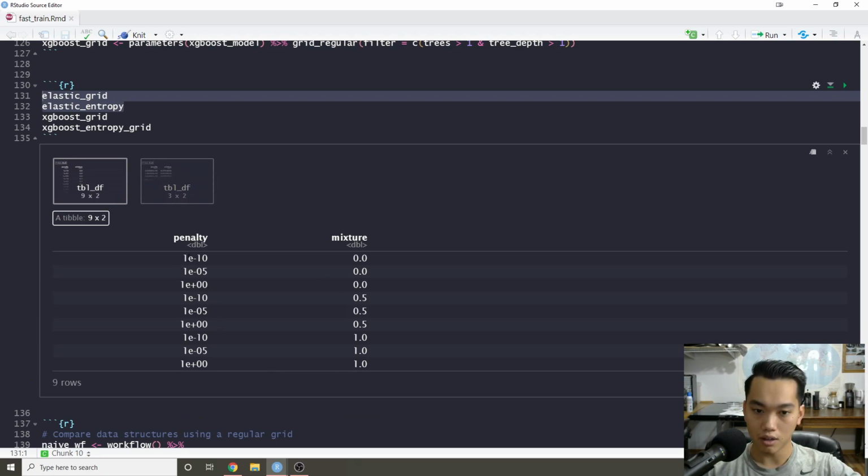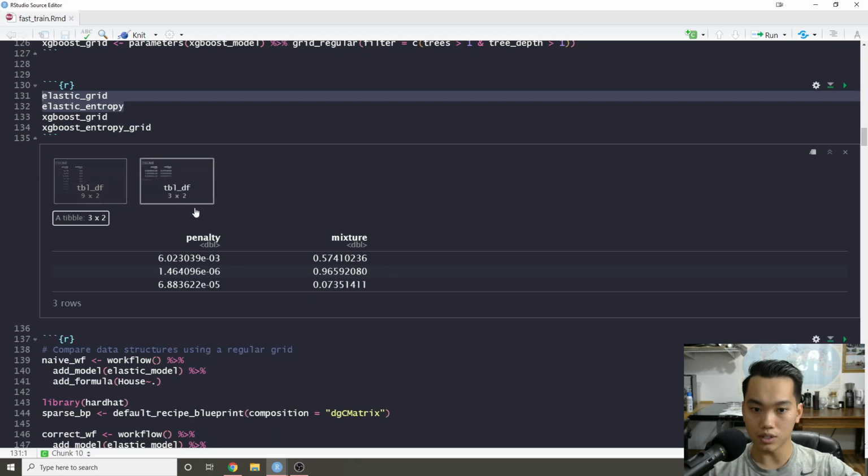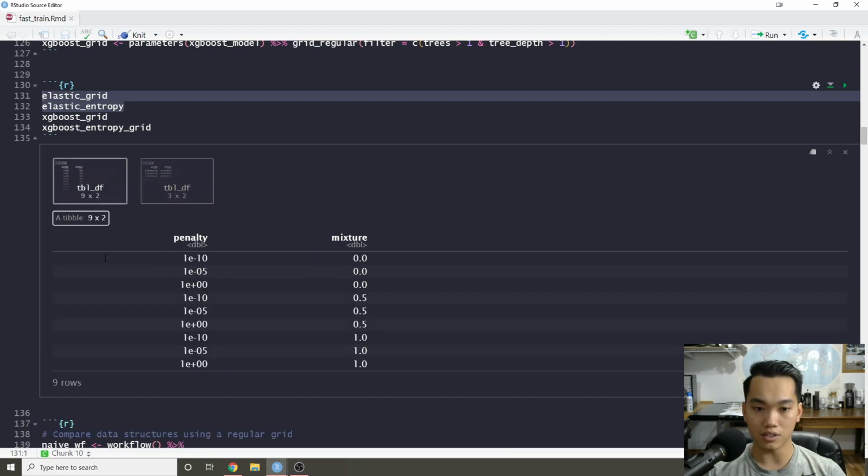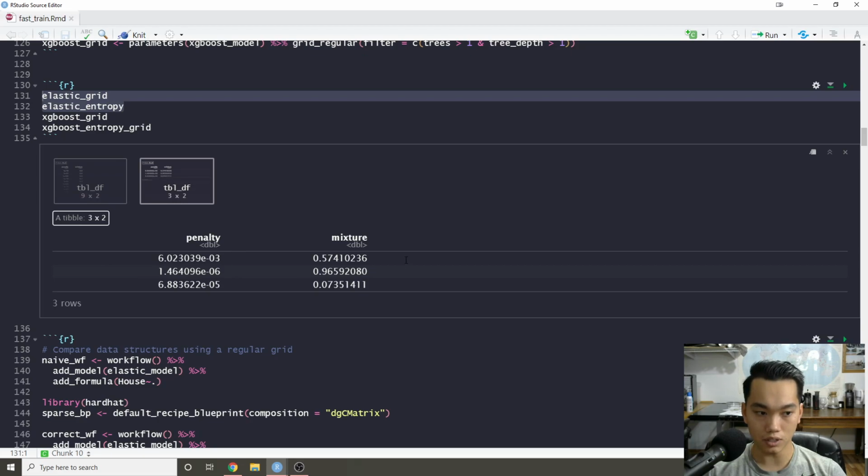It's saying like, yeah, we want a penalty of 0.1, etc. And it goes up with all the combinations of mixture. Whereas elastic entropy is kind of just doing the middle ground, where it's basically using a diverse pairing of parameters that aren't in sequential order. So it's covering more distance with fewer sets of parameters,